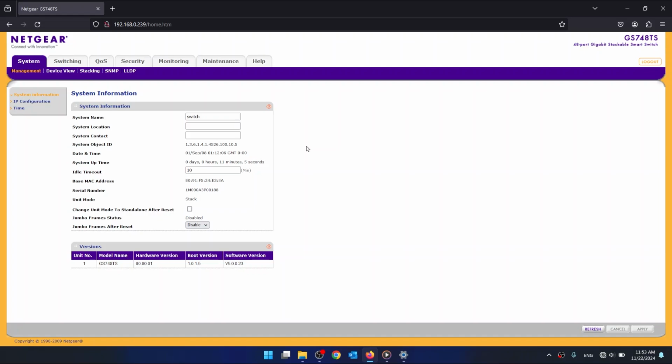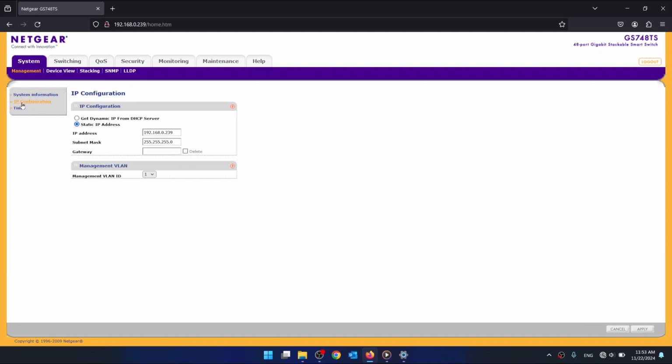So first, what you want to do, you're gonna go to IP configuration, and then by default this is on, so you want to turn on static IP address, and then here you see your IP address. Now you can change it the way that you want it. I'm just gonna change it to 1, the subnet of course, and then you apply,